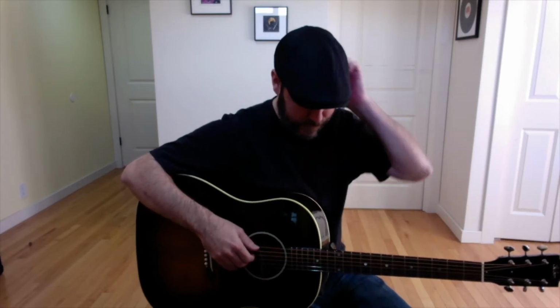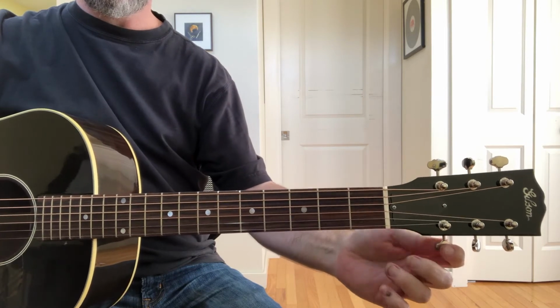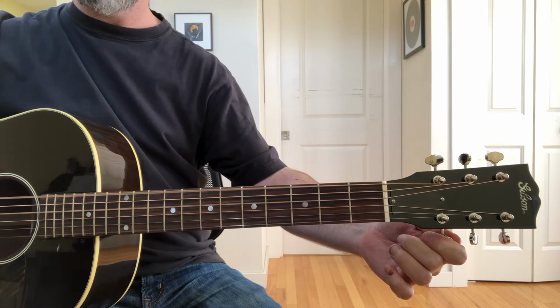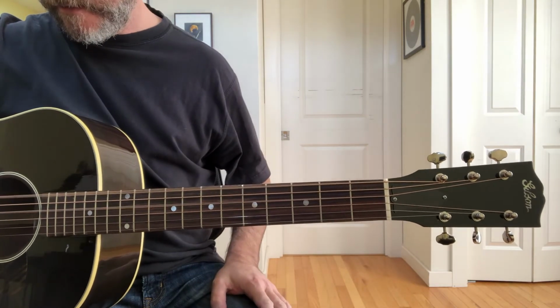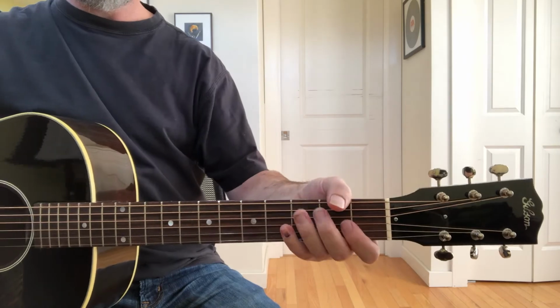this live version that we're taking this song off of is in drop D. And I think it's in double drop D, although I'm not sure he ever plays this high string. So obviously tune your E strings down to D. And we got our regular little groove here, which is